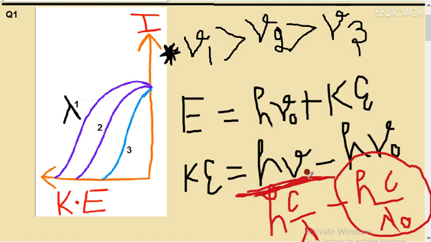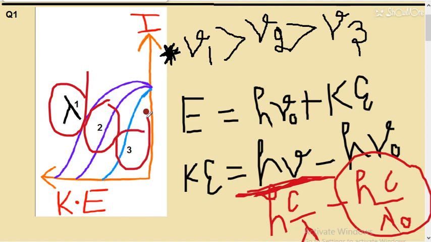So incident energy बच्चे कब ज़्यादा होगी, when lambda will be small, lesser the value of lambda, more will be the kinetic energy. So that means lambda 1 should be less than lambda 2 less than lambda 3. बच्चे जो फ्रीक्वेंसी का रिलेशन आएगा, वेवलेंथ रिलेशन विल बी ऑपोजिट टू दैट. इफ फ्रीक्वेंसी 1 इज ग्रेटर देन फ्रीक्वेंसी 2 देन लैम्डा 1 शुड बी लेस देन लैम्डा 2. यहाँ से भी चेक कर सकते हो बच्चे, किनेटिक एनर्जी किसकी ज़्यादा होगी, द लैम्डा हैविंग स्मॉलेस्ट वैल्यू. तो जिसकी फ्रीक्वेंसी ज़्यादा होगी बच्चे उसका लैम्डा कम होगा.